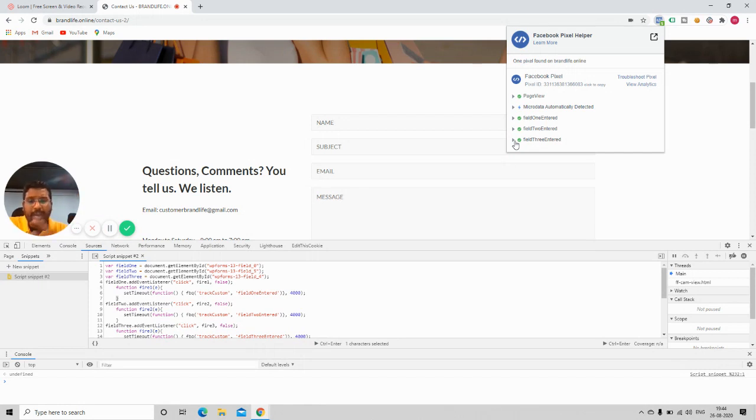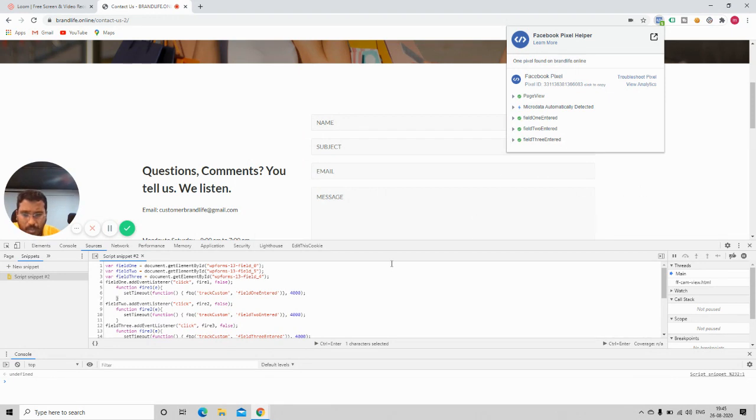In Facebook, if you want to debug these events, you can go to the event debugger, or to the Facebook analytics of the Facebook pixel place, or to Facebook Analytics. In Facebook Analytics, you have something called funnels. When you create a funnel, you put these three events one after the other, and it gives you a live visual report of how many people entered the first field, how many moved on to entering the second field, and how many eventually entered the third field. So this is how you can see, but this is the very basic.